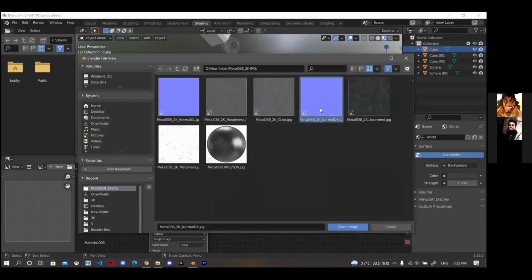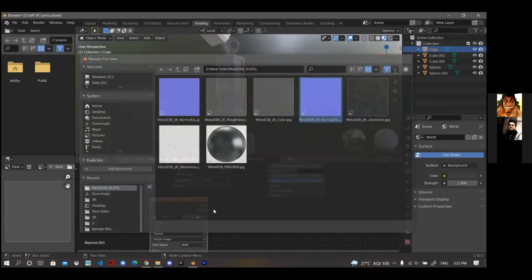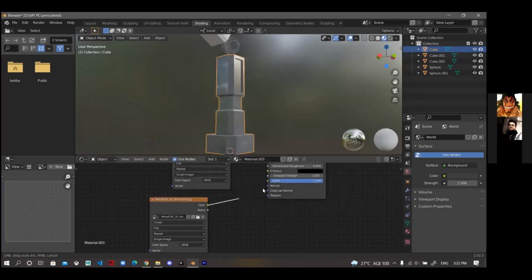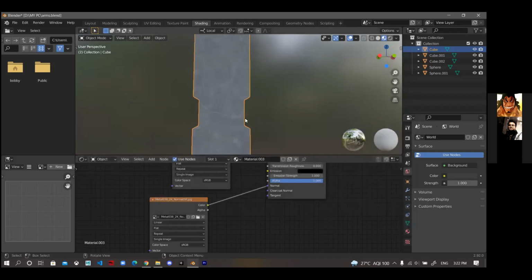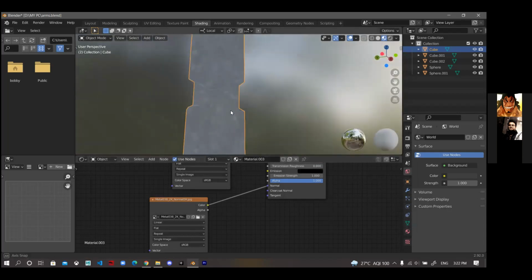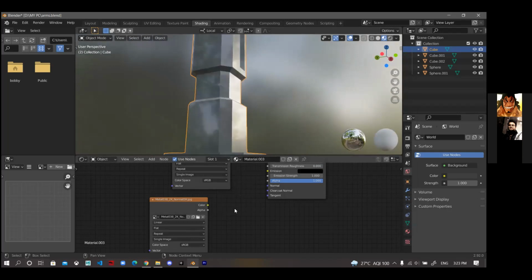That's the normal, and we cannot directly link this with this because it will not give the desired effect. As you can see, this color is with a yellow dot, but the normal is with the blue dot. We cannot link this directly. To link this directly, we have to use some node, either it will be a bump or a normal map.